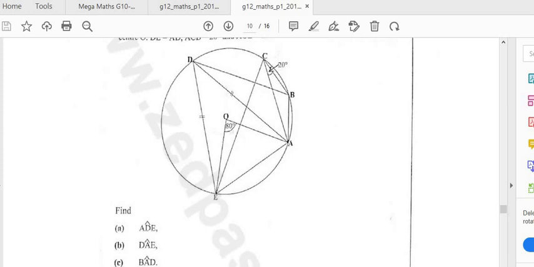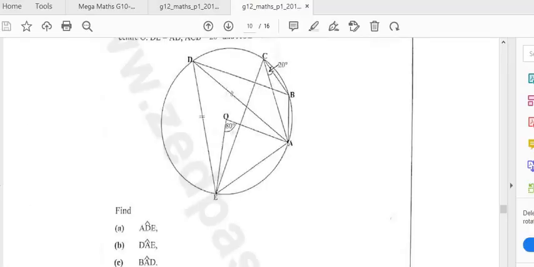But if you look at the diagram, D, B, A, E, all those 4 points are on the circumference of the circle, which means this DBAE is a cyclic quadrilateral. Because it's a cyclic quadrilateral, the opposite angles, this plus that, are equal to 180, just like this plus that is also equal to 180, according to the theorem on cyclic quadrilaterals. So DEA, we have said DEA is 70 degrees, which means the angle we are looking for, BAD,